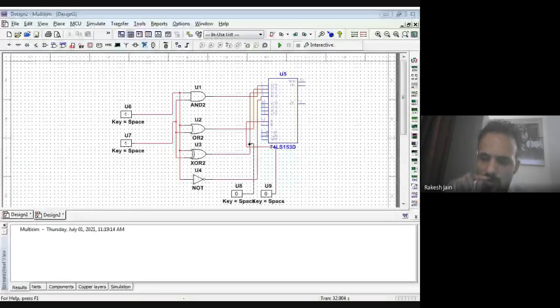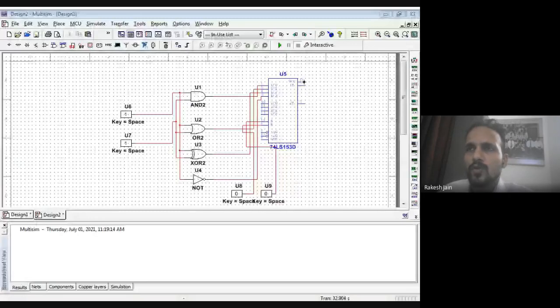Don't be confused when you drag a wire. You may see that it touches another wire, but it does not actually connect until you release the left button of the mouse. So now the connections at the input side are done. All four logic gates we use, and to see which logic gate's output I want, I use a multiplexer. Now at the VCC of this multiplexer, I have to connect a 5-volt source to operate this